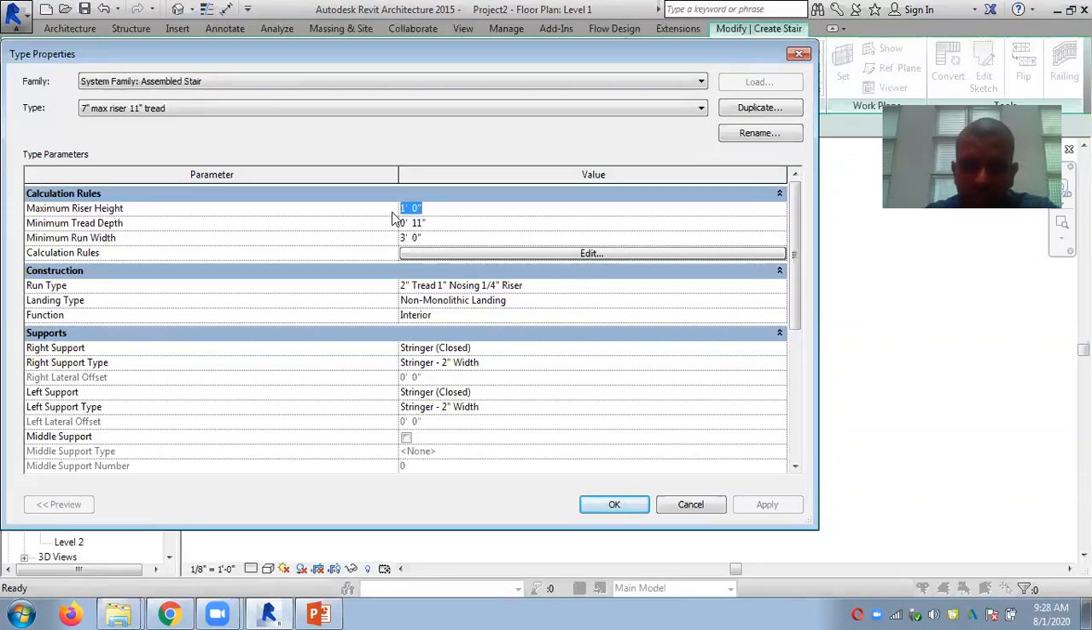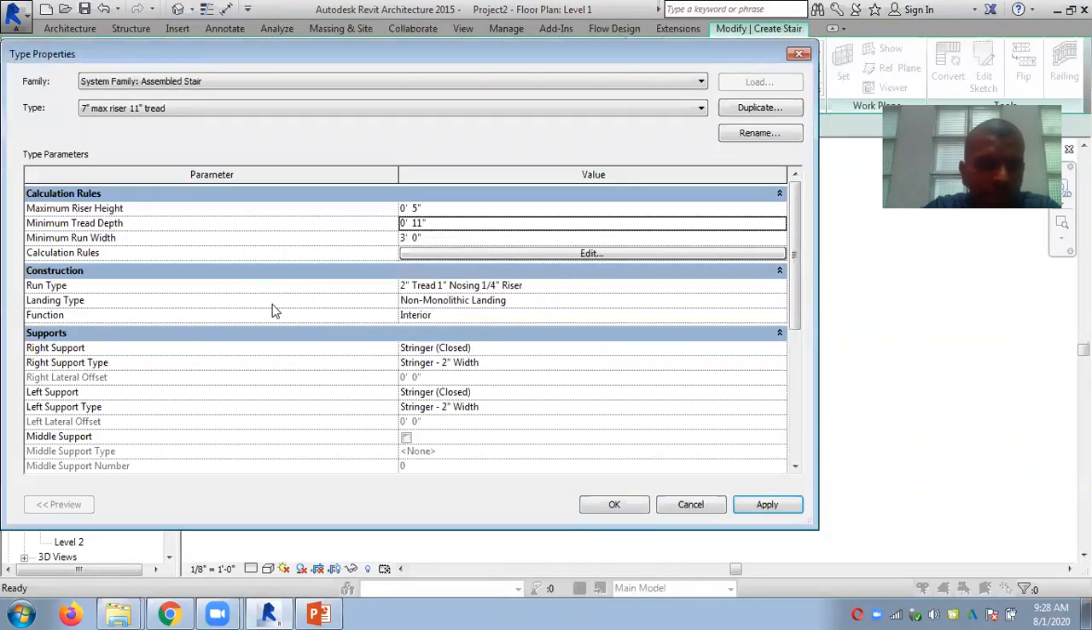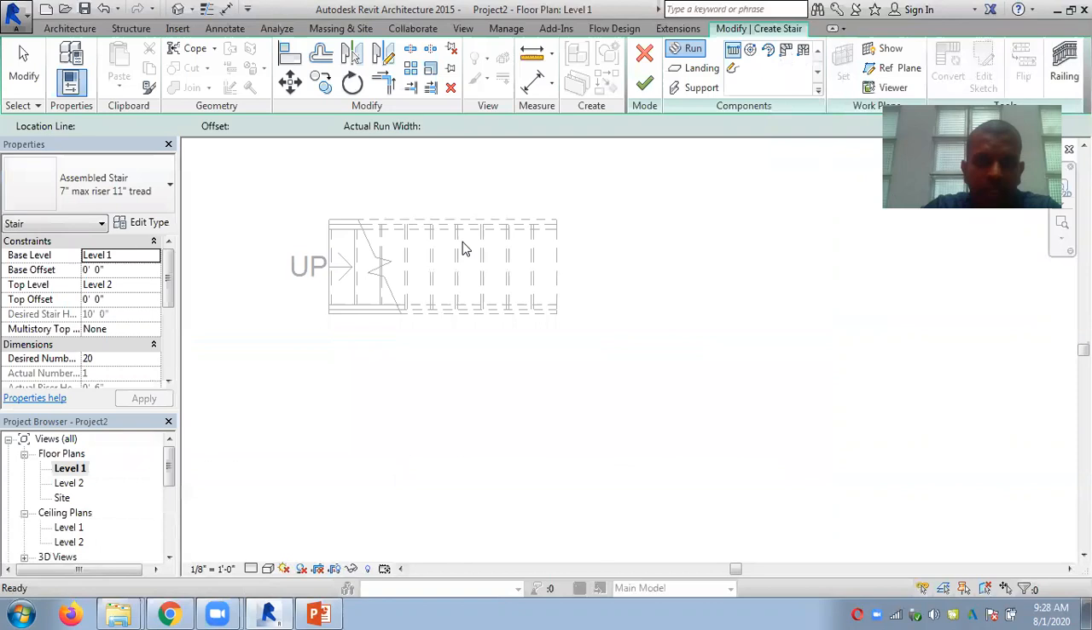So if you have a very shallow rise, like 5 inch, now this is a very shallow staircase. Apply. Actual riser height is greater than the maximum riser height. So actual riser shall we give 6 inch, 6. Apply. Okay. Now if you just draw a new staircase again,